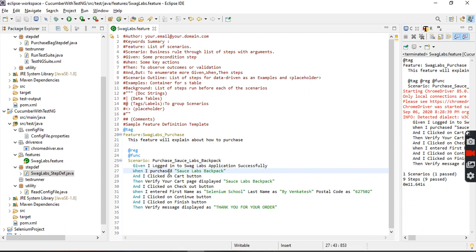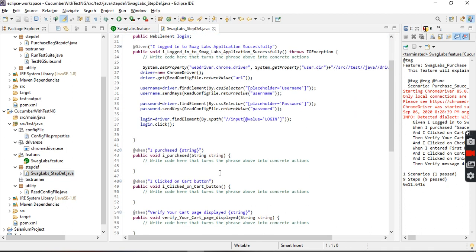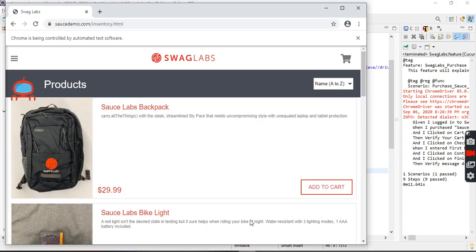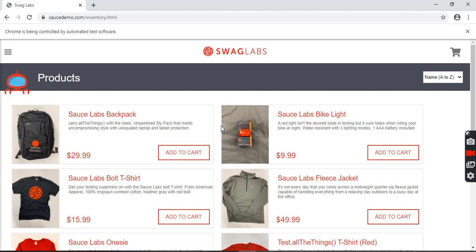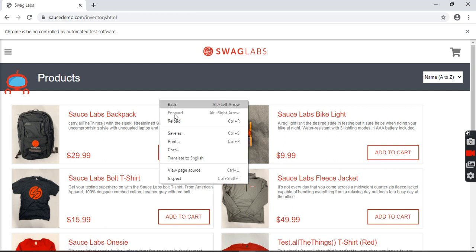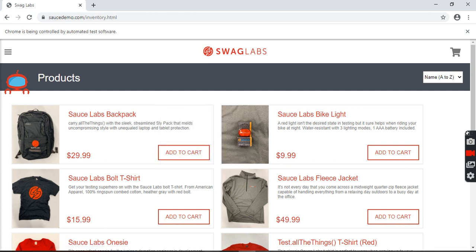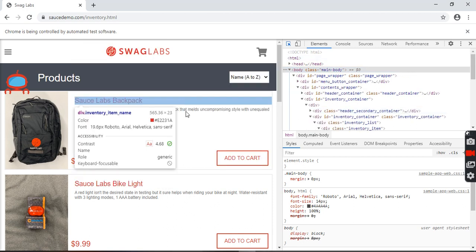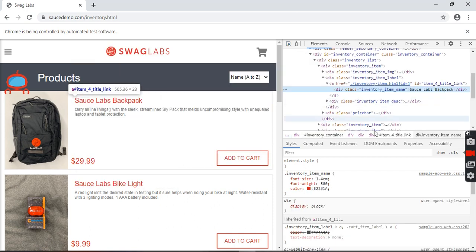When I purchased, this is a step definition, right? So what am I purchasing here? I am clicking on this one, add to cart. How can I click on this one? So I am going to identify, I am going to create one XPath. How to create the XPath? Let's go here.